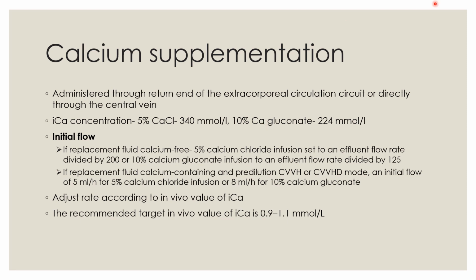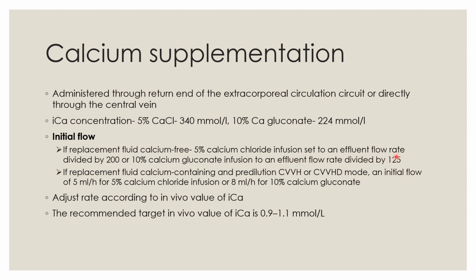The ionized calcium concentration in 5% calcium chloride solution is about 1.5 times that of the 10% calcium gluconate, while 5% calcium chloride contains 340 millimole per liter of ionized calcium, 10% calcium gluconate has 224 millimole per liter. If calcium-free replacement fluid is used, it is recommended that the initial flow of 5% calcium chloride infusion be set to an effluent flow rate divided by 200, or 10% calcium gluconate infusion be set to an effluent flow rate